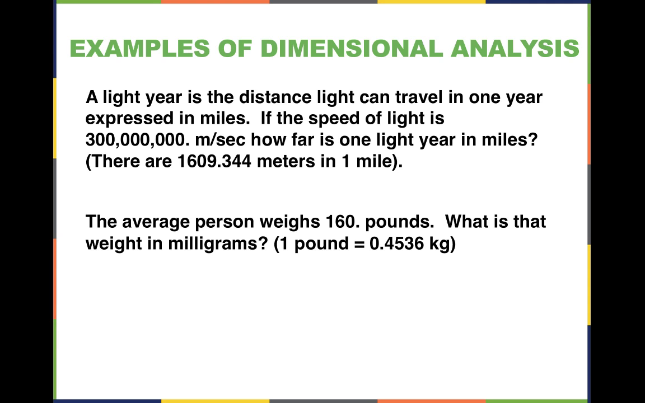It says a light year is the distance that light can travel in 1 year expressed in miles. If the speed of light is 300 million meters per second, how far is 1 light year in miles? So how far can light travel in 1 year in miles? We're going to use dimensional analysis to convert this, and I've given you the one number that you have to know in order to do this,